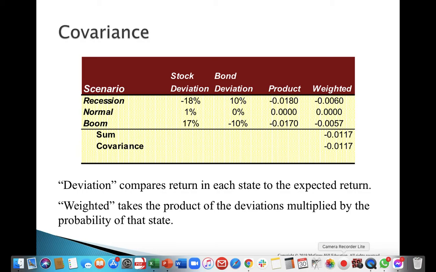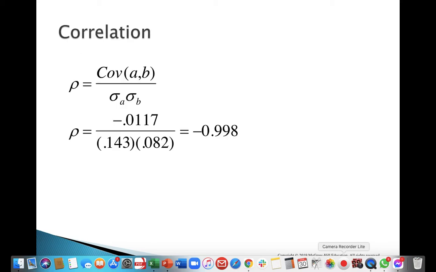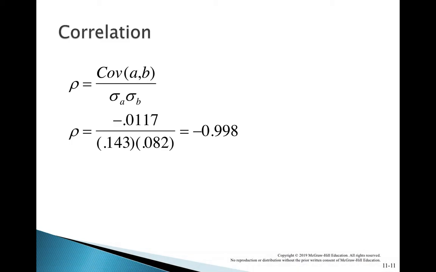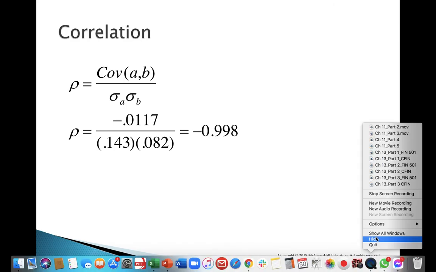Then, once we have the deviations available with us, we multiplied both deviations, stock deviation and bond deviation, and further multiplied with the weights; the sum total gives the covariance. Once you get the covariance, you can apply the formula: covariance of stock fund and bond fund divided by the standard deviation of stock fund and the standard deviation of bond fund will give you the correlation. So this is the way; once you get the correlation, you can get a good idea whether this is good for diversification or not. How you do that? If you are